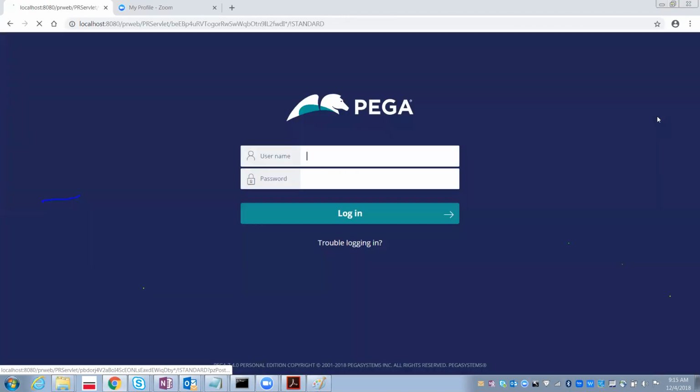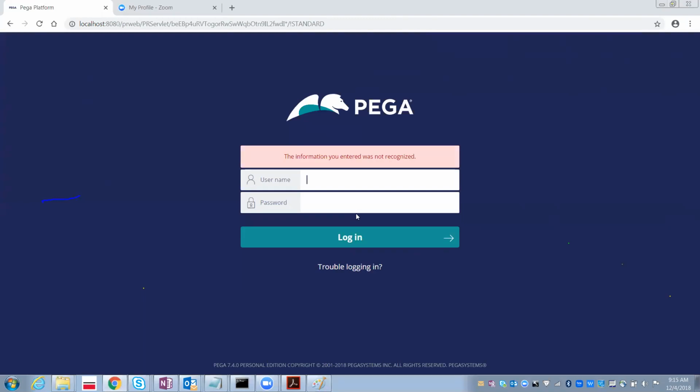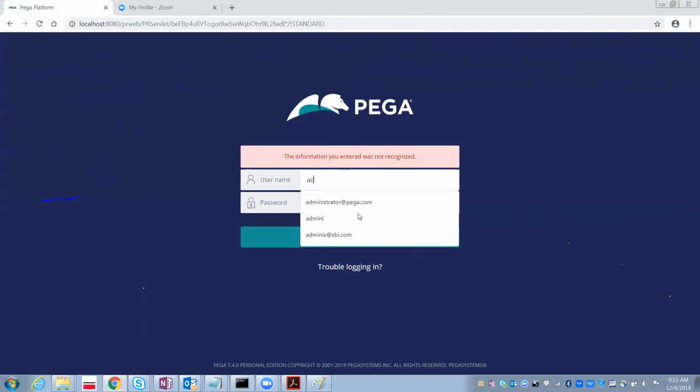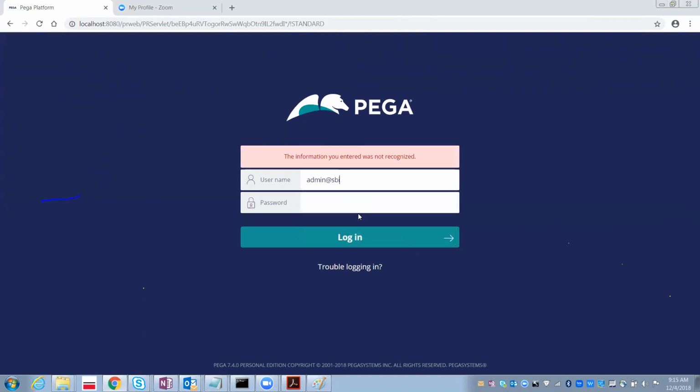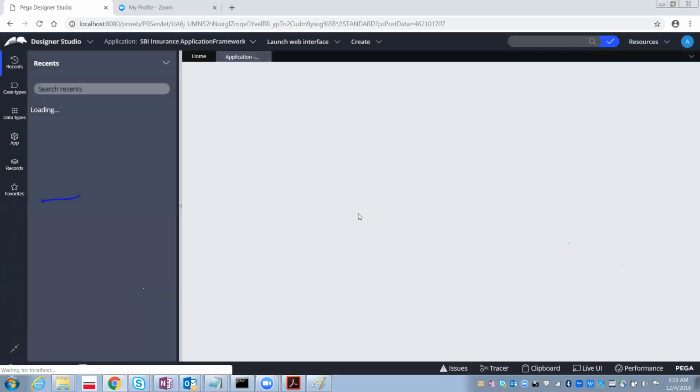Now log off. Let's try admin@sbi.com. RULES, I have given. Yeah, now it's logging into the application.